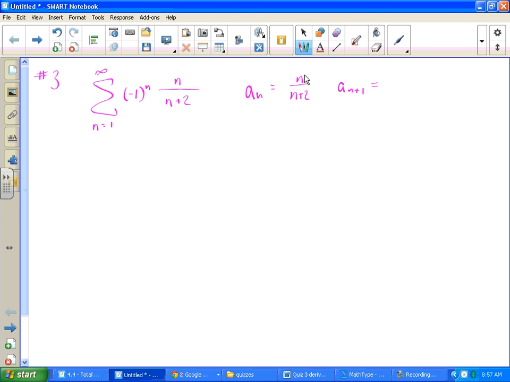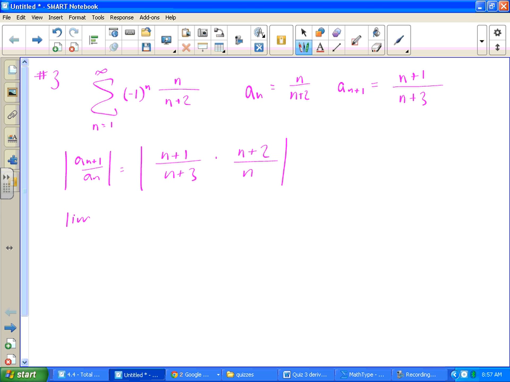So we have a sub n is this. A sub n plus 1 would be n plus 1 over n plus 1 plus 2, or n plus 3, right? And then I do a sub n plus 1 over a sub n. So I have n plus 1 over n plus 3. And instead of dividing by this, I'm going to multiply by the reciprocal. And my n's are all positive, so do I really need the absolute value pieces? No, right? So I'm going to take the limit as n goes to infinity